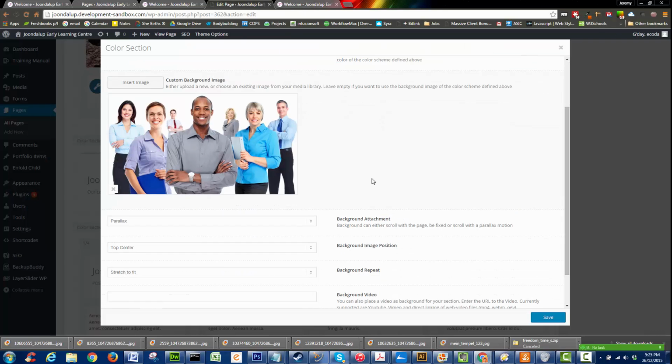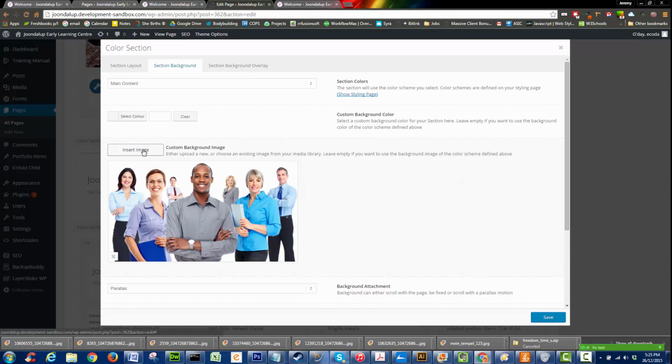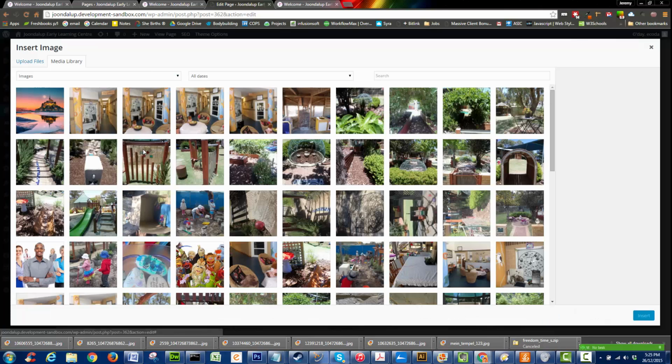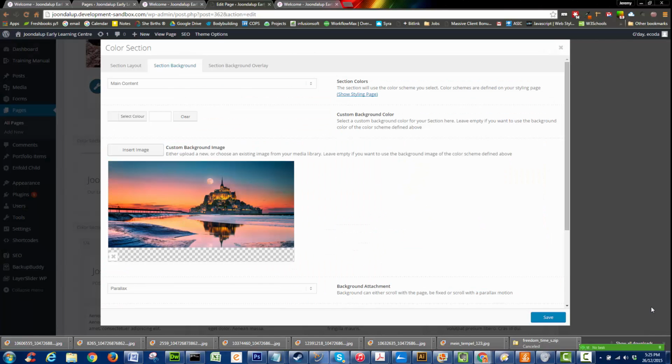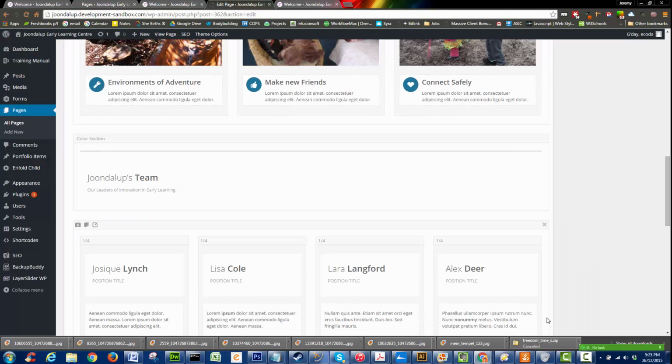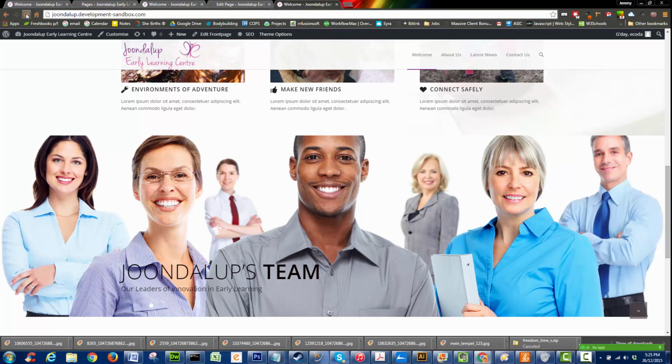Okay. The way that you would update then is just to insert that image. I've got a handy dandy little large image here just to make a point. Again, just notice over here that we want it to be either full size or featured large, like that. So let's make it full size. We'll insert it. Now this is a huge image, but we'll save it. And now we refresh this page,